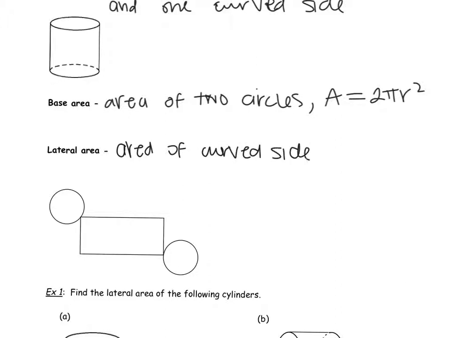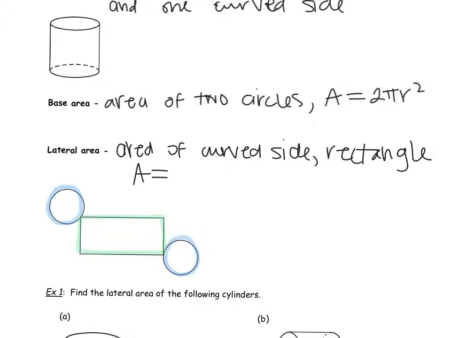Okay. And in order to figure out the formula for this curved side's area, what we do is we flatten out the cylinder. So that's what this picture is. You have your two circular bases, and then when you flatten out that curved side, you end up with a rectangle. Okay. So our curved side is a rectangle. So the way we're going to find that area,